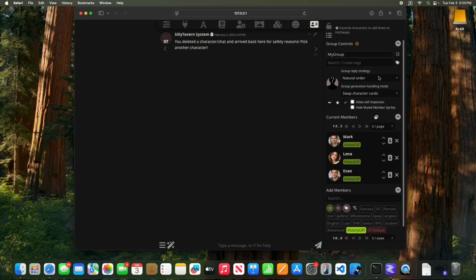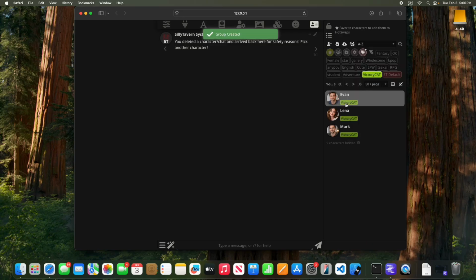You can change the group reply strategy or group generation handling mode. However, personally, I think natural order, swapping the character cards, works pretty good. You can also check or uncheck this box that will allow them to reply to themselves. Personally, I think it works a little better to not have them replying to themselves, but that's a matter of personal preference. So I am going to just create this new group, and we have a new group, but we